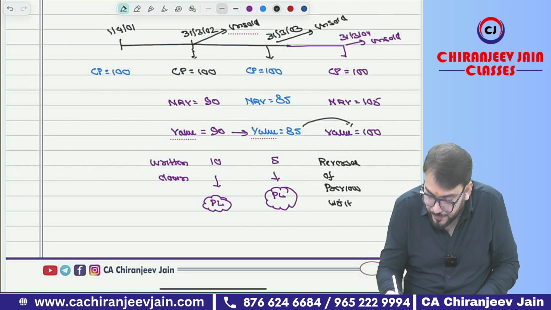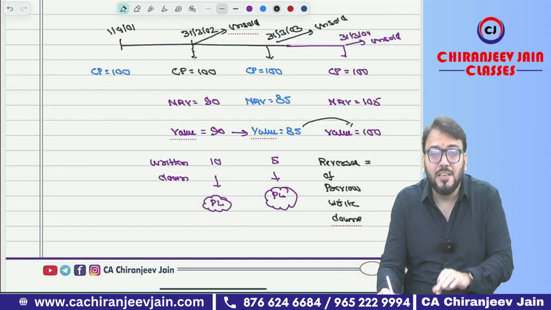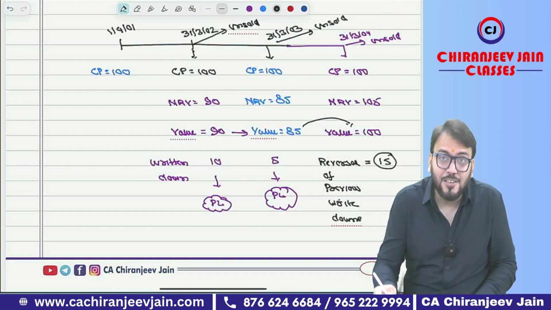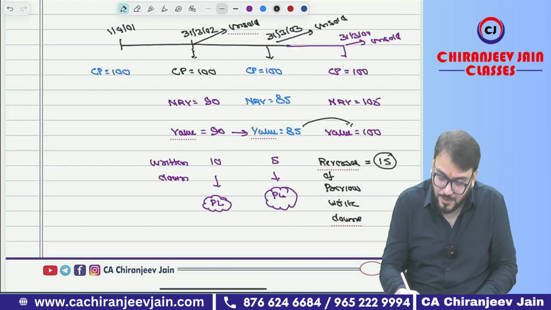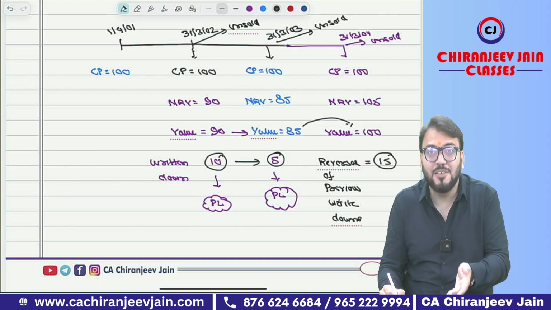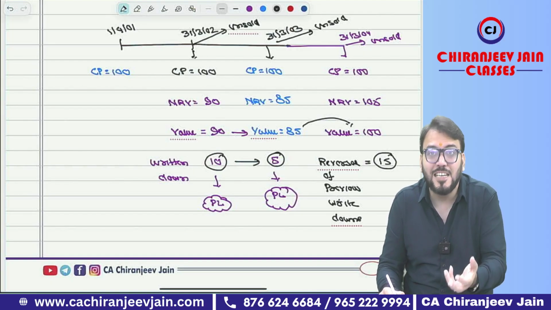Reversal of previous write down. And maximum reversal will be equal to what? Previous write down only. It will be equal to 50. We cannot reverse more than previous write down. So this was also write down 5 plus 10. So maximum reversal will be equal to 50, because if you reverse more than that, it will be against conservatism